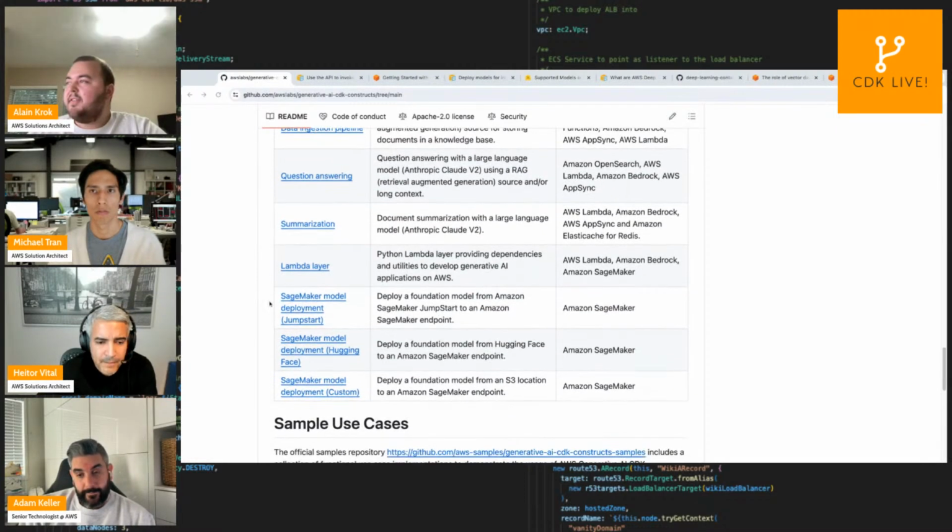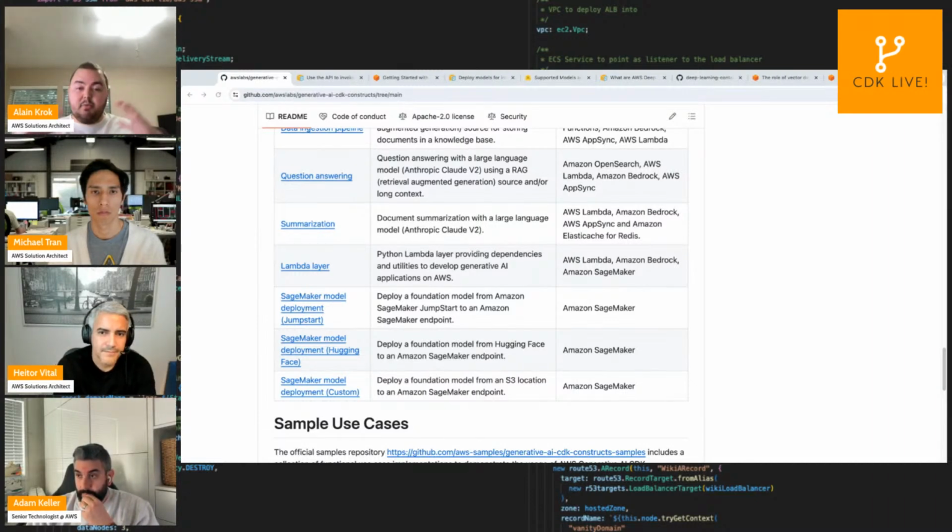And finally, the last construct about SageMaker. As Mike mentioned, if you look at the generative AI stack on AWS, we have 3 layers. The first one has the applications that leverage foundation models, like Amazon Q and CodeWhisperer. Then we go one level deeper, and we have tools to build with foundation models, like Bedrock, which we're using in the different constructs.